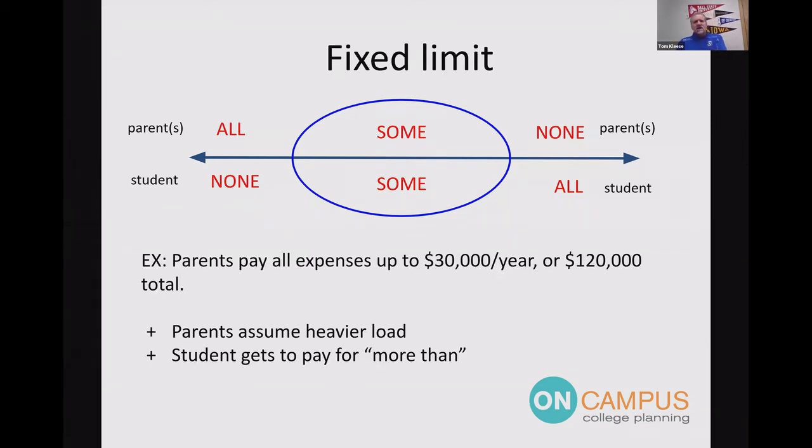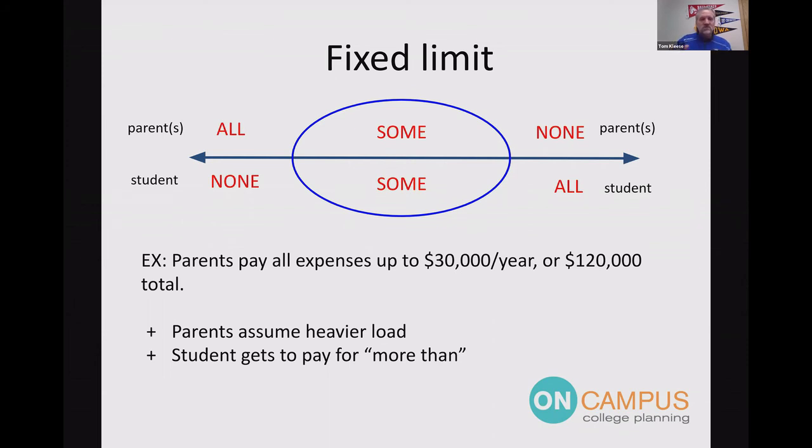And then this is really common. And I just had a conversation with someone the other day about this. We're going to pay whatever, $20,000, and then you, student, you're on the hook for anything beyond that. You could do it as a total for all 4 years of college, which obviously would mean that they're paying more if they go a little bit longer, whatever. It's putting a heavier load generally on parents, depending on how you split it up. And then the student gets to decide that, if I want more than that, and you could think about it like